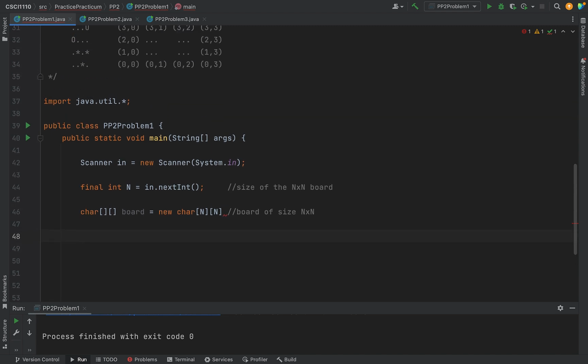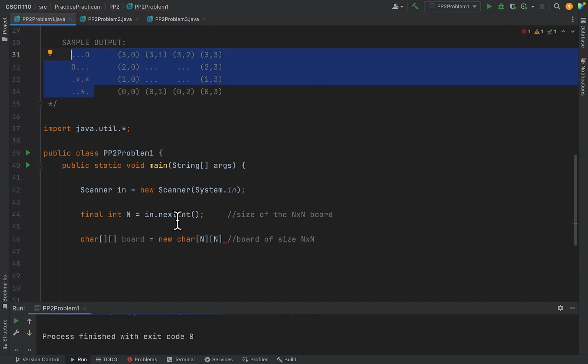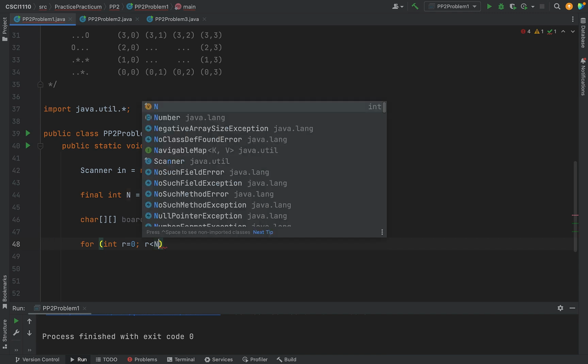And I want to set the stage that if it's empty, it's holding periods. So I can say for int r equals 0 to r less than n, so I'm going to let the rows go from 0 to less than n,